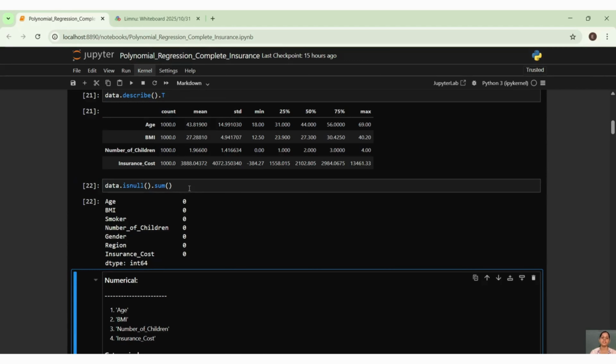Then we can go ahead and understand the null values present using a different method. This is another way, where we have the isnull method, and we can understand whether the data has any null values or not. When you do isnull, it gives 0 or 1: wherever a null is there, it assigns 1 in that place, and wherever values are there, it assigns 0, and like that it gives a sum at the end.